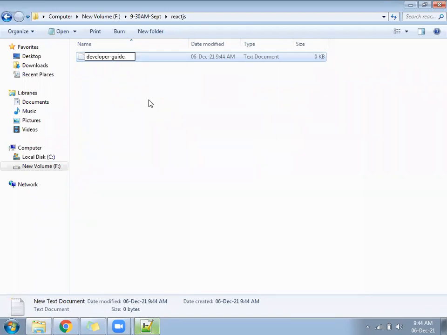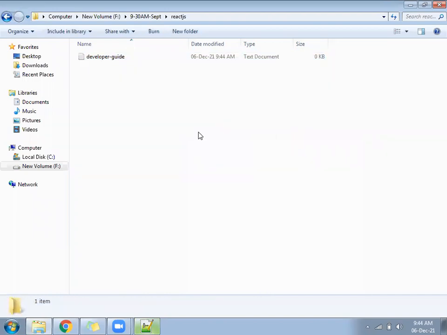Create a text file, developer guide.txt. So under the React.js folder, you created the file called developer guide.